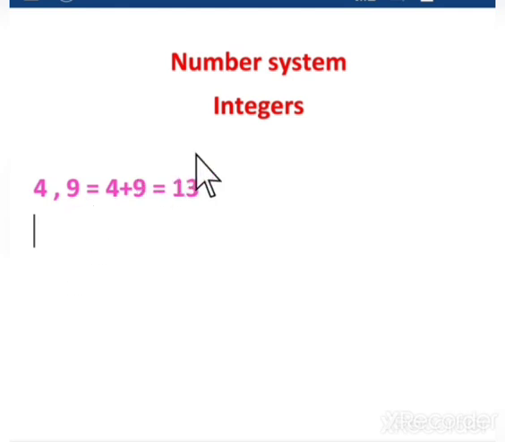Now I give you another example, that is minus 5 is one number and another number is 3. Now we are going to add these numbers. If we add these numbers, what is the answer? Minus 5 plus 3. Listen here, both the numbers have different signs, so we can't add these numbers.